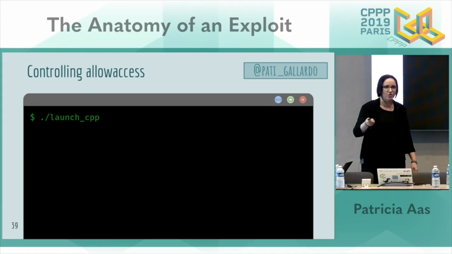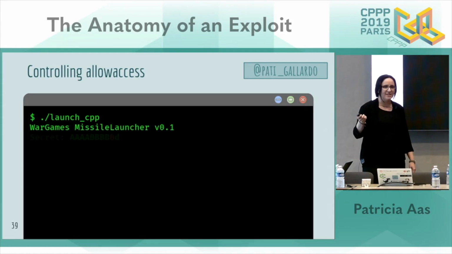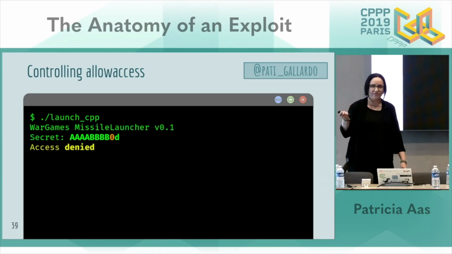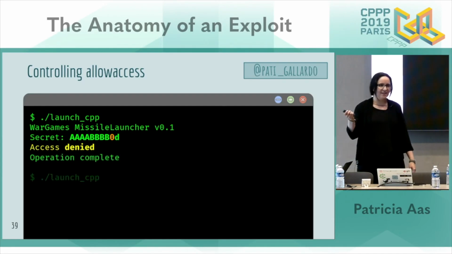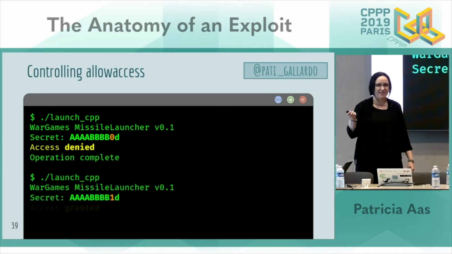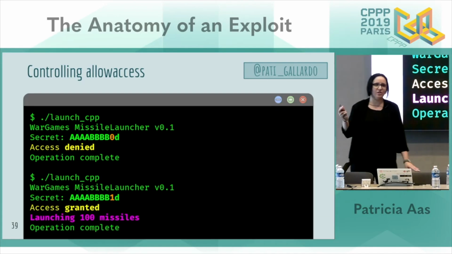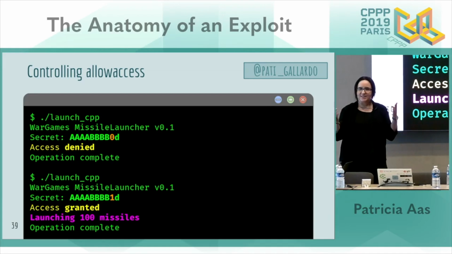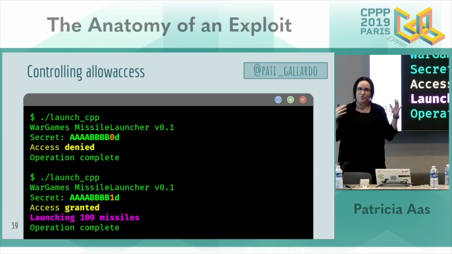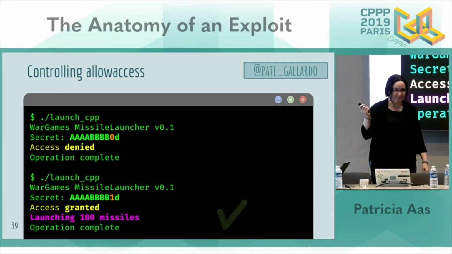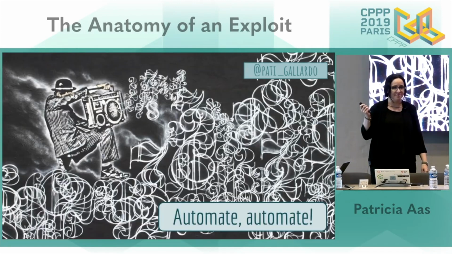But we also want to control allow access explicitly, and so we guess that it's this 0 there that will turn it off. So that looks promising, access denied. And setting it to 1, or basically anything else, will work. So now, by passing in a string that is only 2 bytes longer, we are able to control these two variables, which is awesome.